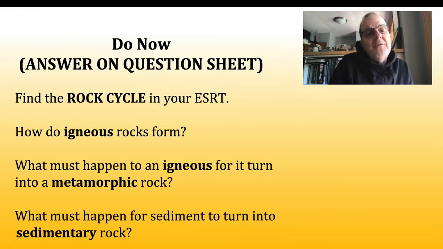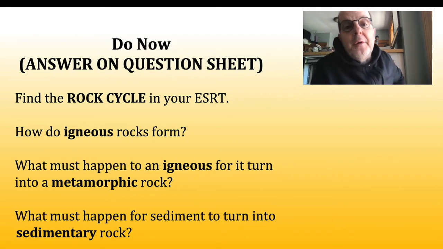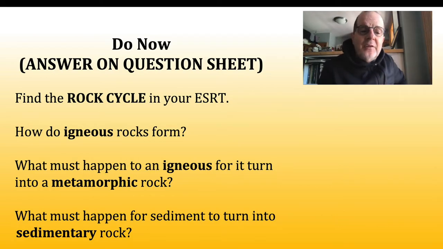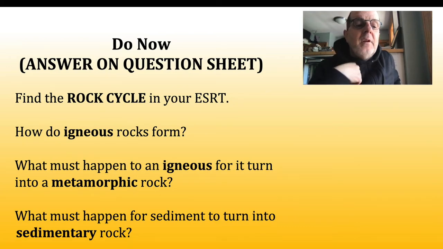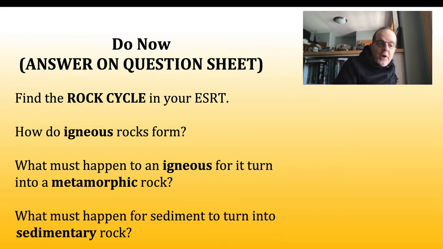So, I would ask you now to find the rock cycle in your Earth Science reference table, on page 6, top left corner of page 6, and answer these questions on the worksheet that I have given you. 1. How do igneous rocks form? 2. What must happen to an igneous rock for it to turn into a metamorphic rock? And what must happen for a sediment to turn into sedimentary rock? So, we can go through those things